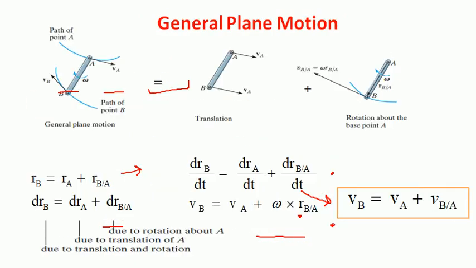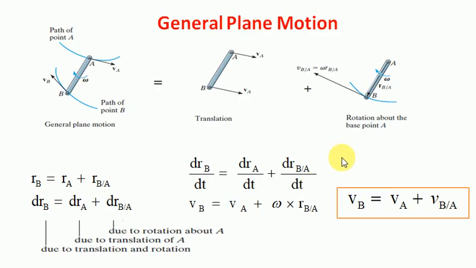In this case we can also find the velocity of each particle. How can we find it? This is the initial position vector, RB is equal to RA plus RBA, and then dRB is equal to dRA plus dRBA. Now if we differentiate this, what do we get? The velocity of B is equal to VA, that means the velocity with which translation occurs, plus dRBA by dt. In the case of pure translation, this dRBA, the position of B with respect to A, was constant, so this was 0. That's why in that case we got VB is equal to VA.